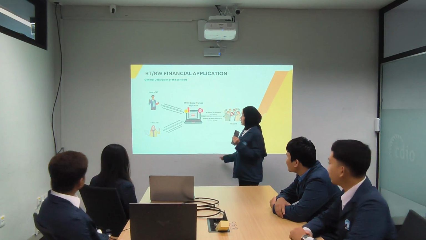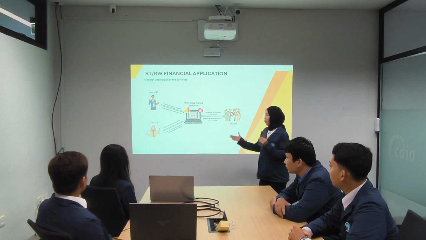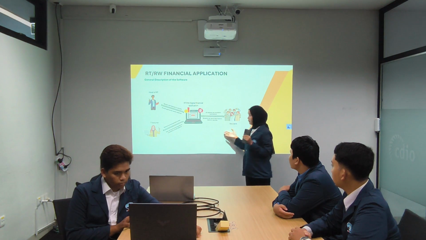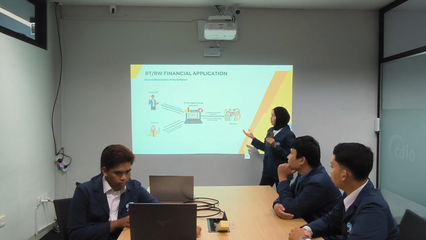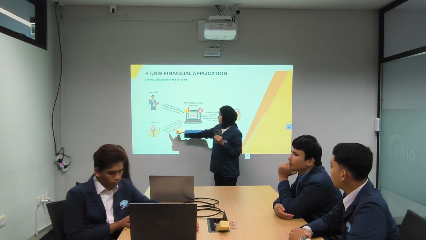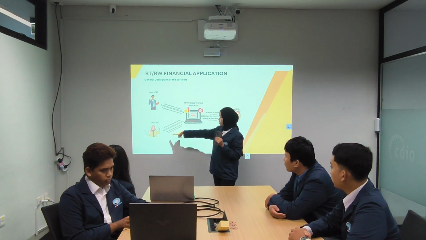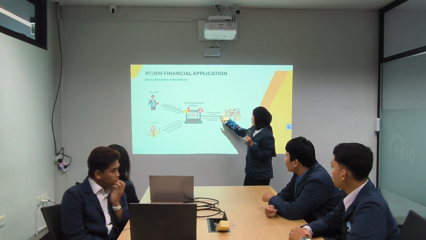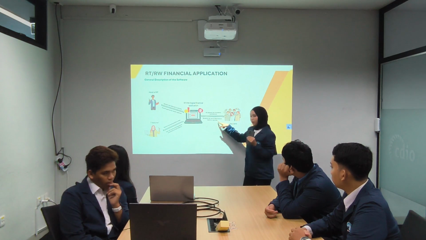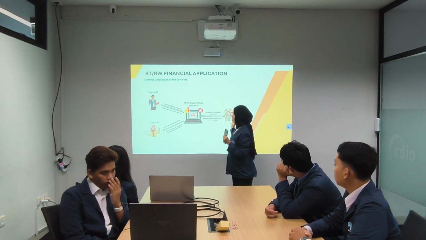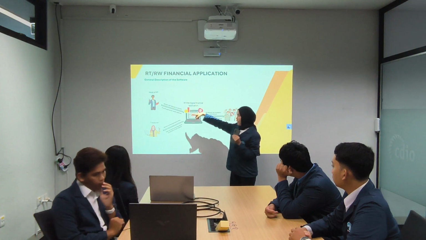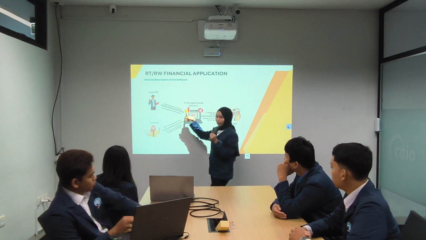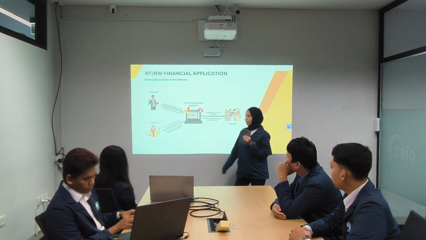Okay, next, the neighborhood unit community financial application. We can see the software general overview in the image. The image shows how this application is used within the neighborhood unit. The treasurer receives income or expenditure data and enters all income and expenditure transactions. Residents pay their contributions and can view the neighborhood unit community financial record in real time. Furthermore, the head of the neighborhood unit community monitors as well as verifies and provides approval for the next steps.